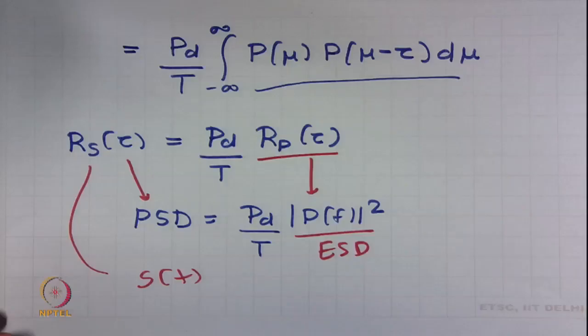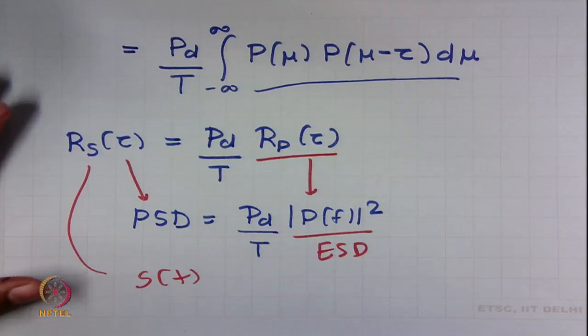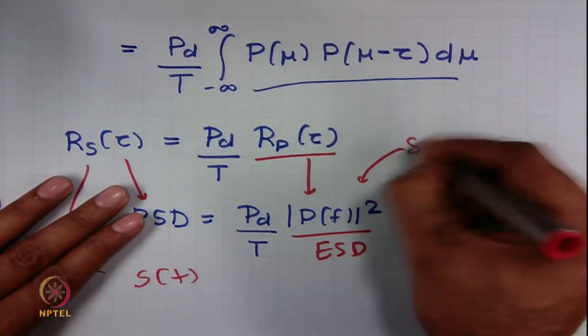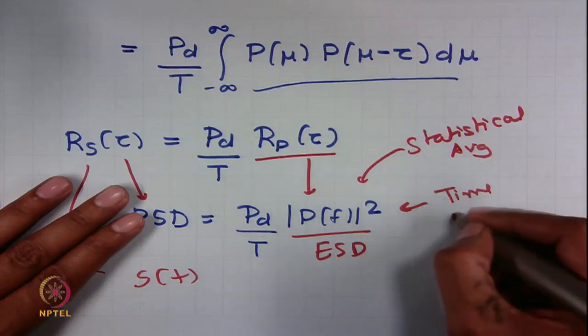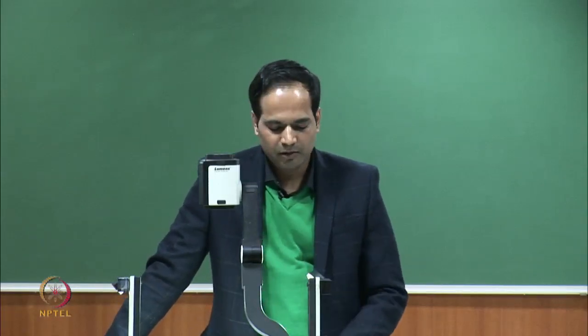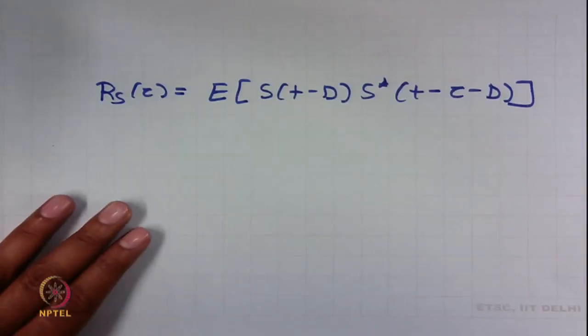And surprisingly, this is the same answer as we got in the case of the polar signaling mechanism. Remember, in the polar signaling mechanism also, Bn and Bm are statistically independent with 0 mean, right. So, we also derived this using the same assumption. If I have Bn and Bm statistically independent with 0 mean, this is the answer for power spectral density. The interesting thing is that here we have obtained this power spectral density using statistical averages, and before we obtained this power spectral density using time averages, and the answer converges, right. We got the same answer when we used the time averages approach, and this answer converges